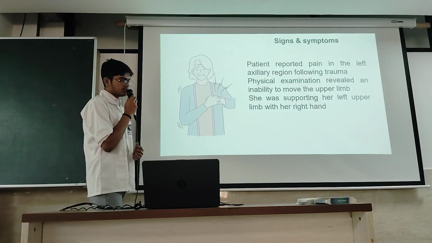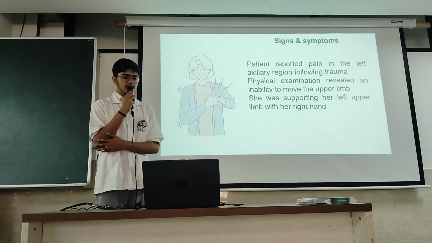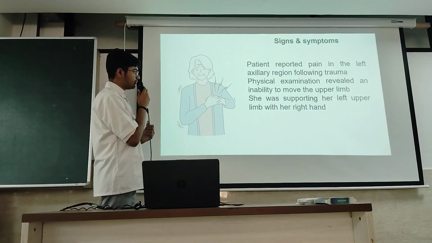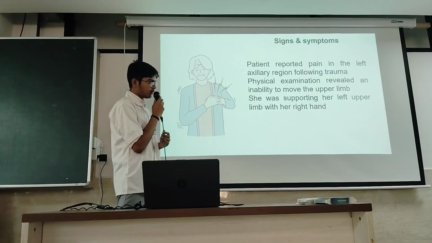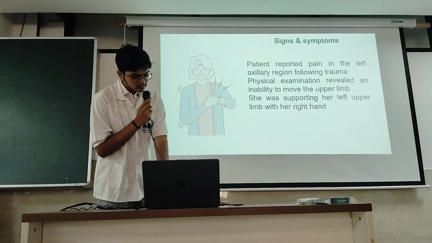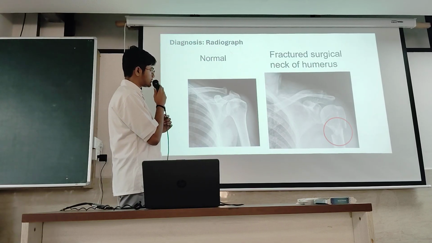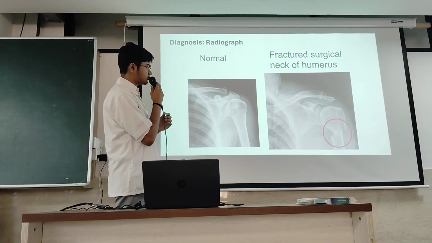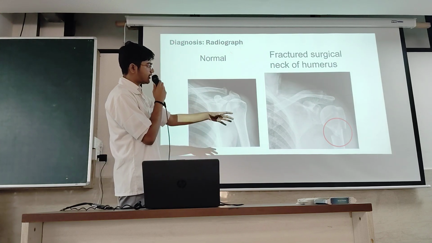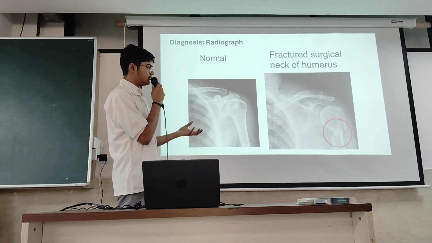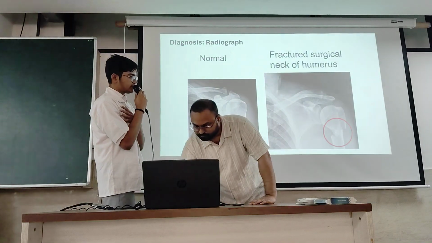Upon physical examination, it was reported that she was not able to move her arm in adduction because of some muscles affected. She was referred for an X-ray to further see what anatomical defect has occurred. As the X-ray is visible here, the shaft of the humerus has been fractured. As we can see, the shaft has been displaced medially and anteriorly. The X-ray was taken in AP view, and the displacement occurs